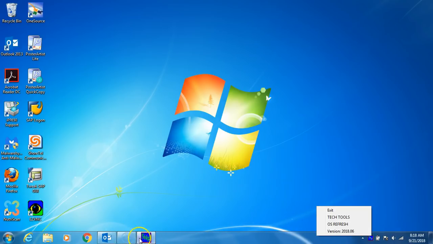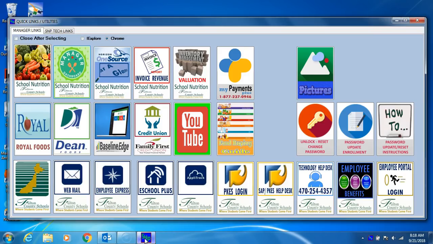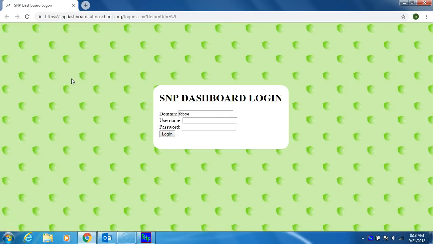So I'm going to right-click on the SMP Tools icon down at the bottom and get our menu up and click on Dashboard. Once this comes up, I've got to log in, obviously. Here we go. Don't read my password now. And once we get logged in,